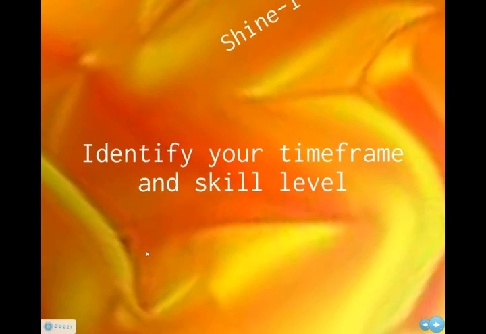Okay, let's do that. Identify your time frame and skill level. Okay, this is so important. Everybody out there, these days, I'm telling you this, if you try to combine a day trade and turn it into a swing trade and a longer-term trade, and you calculate a 3-day trade where you think this market may roll over or go lower, and you're anticipating that, but you're trading during the day on a day where we're strong because you're doing a day trade and you close out your position at the end of the